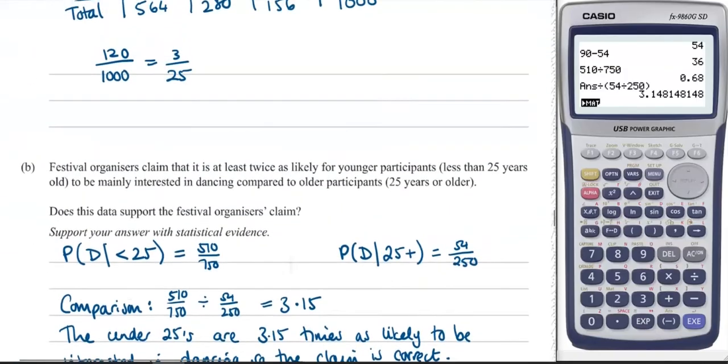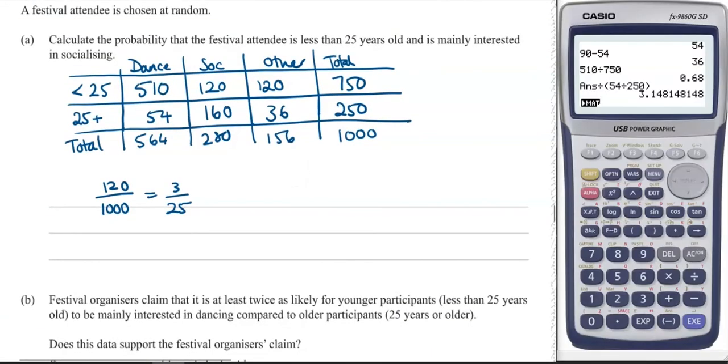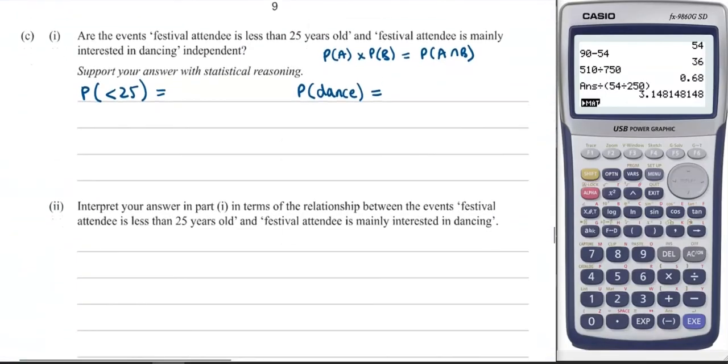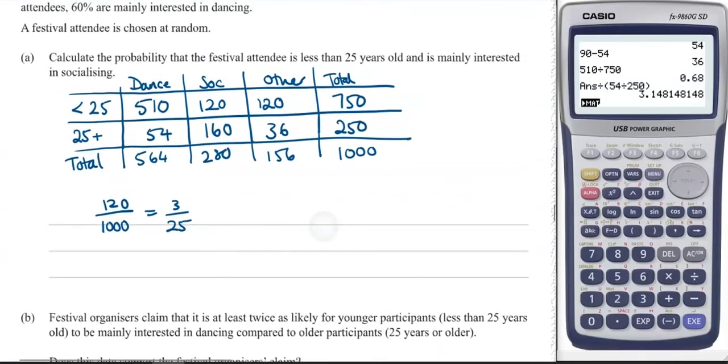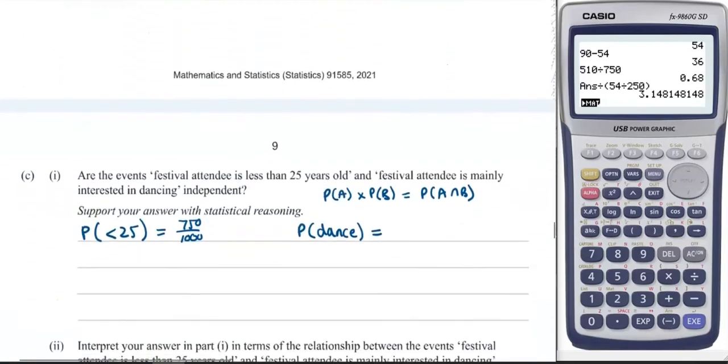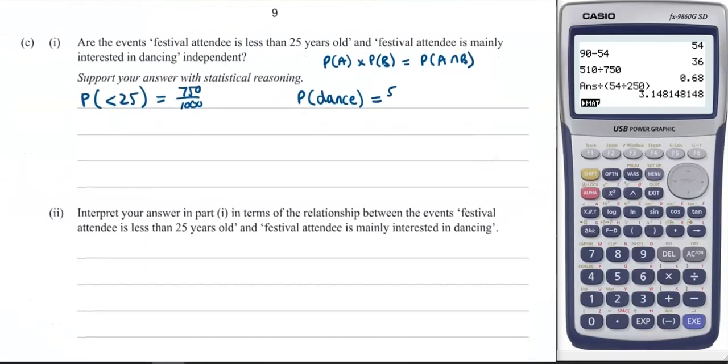So less than 25 is 750 out of 1,000. Came for dancing is 564 out of 1,000. Okay, so those two times together,